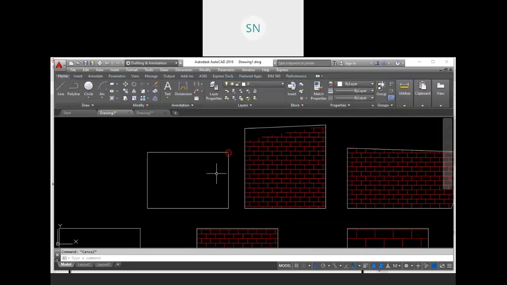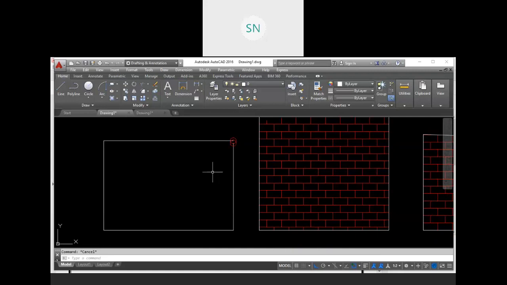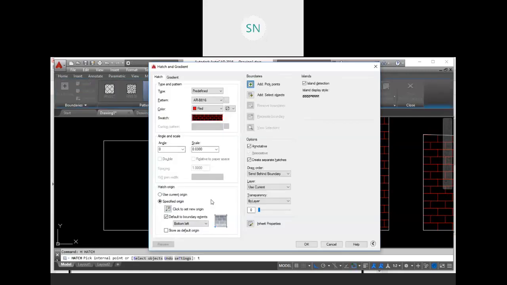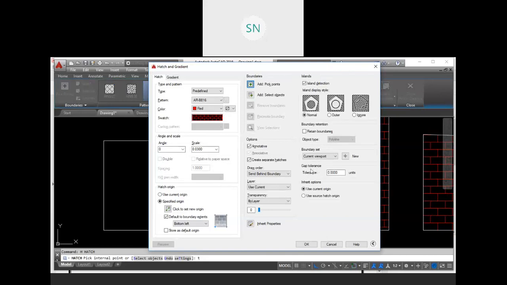Okay, so now what to do? So we have 2 options over here. First, hatch setting, and our first option is tolerance, right? So here you can provide some tolerance, that up to this much value, that gap is acceptable. If we have bigger gap than that value, then it is not acceptable. So let me type 5 over here. Up to 5 mm it is fine, we will accept that gap. So in the tolerance I have written 5 units.